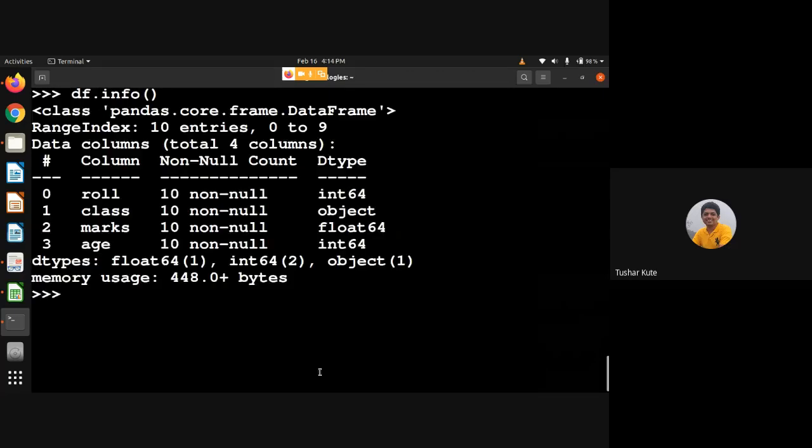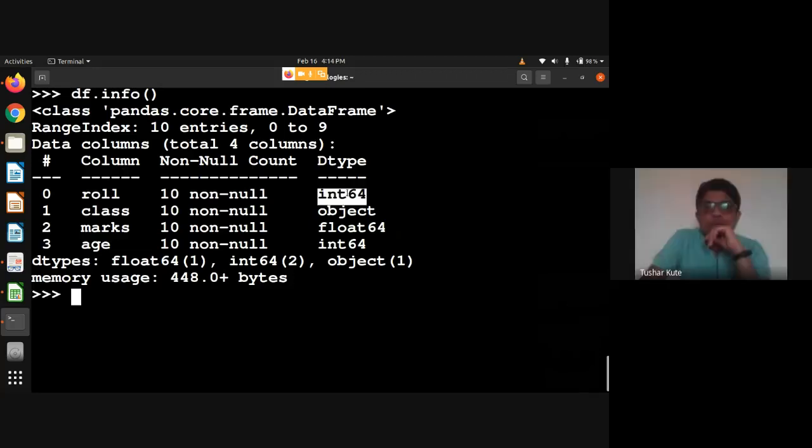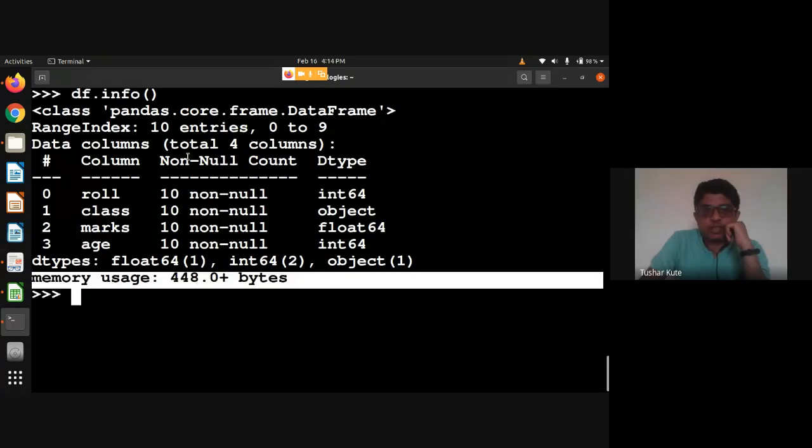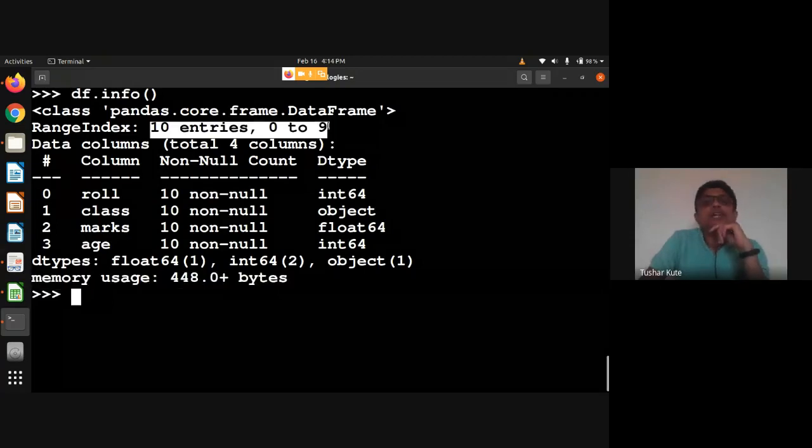Sorry, str is in R. Okay, see this. So df.info, the info method, is just like str in R programming. You can see the column names and what data type they have. Also how many elements are there: float 1, integers 2, object 2. How much memory it has taken, how many entries are there, what's the name that we carry. So this is a non-graphical method that we can choose.